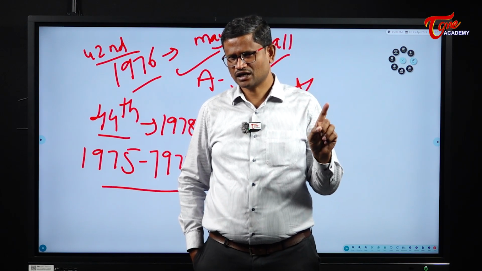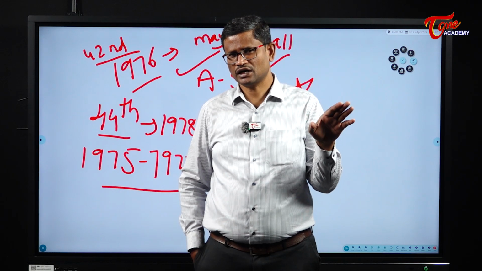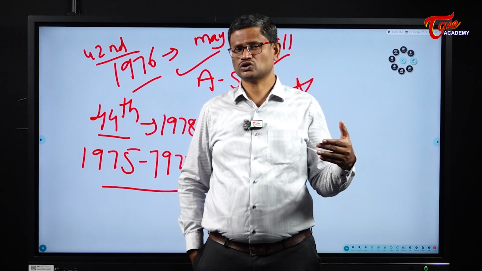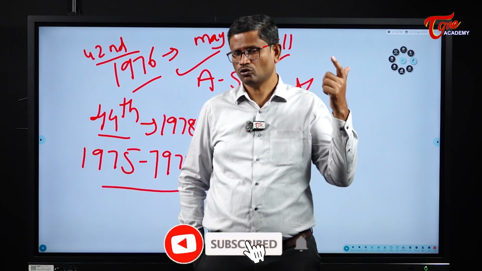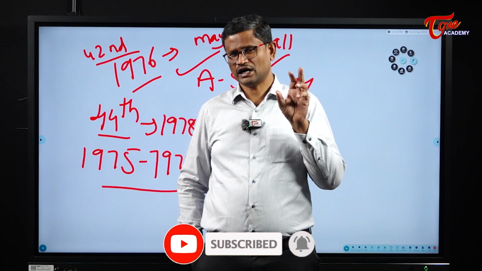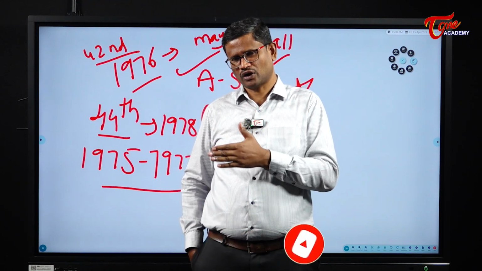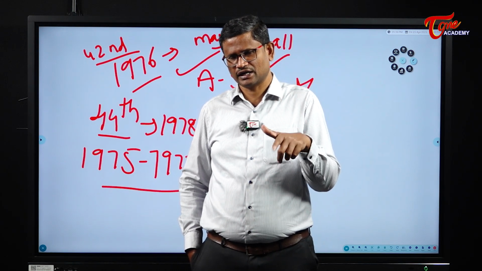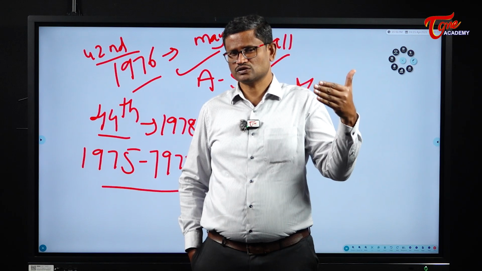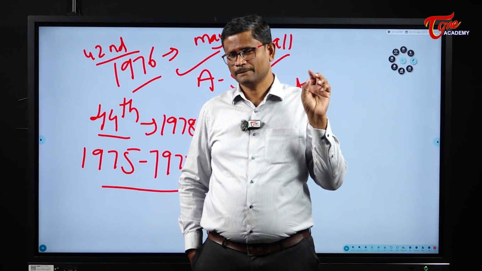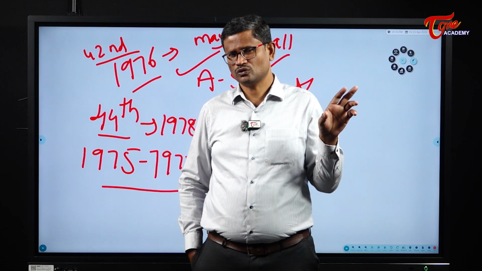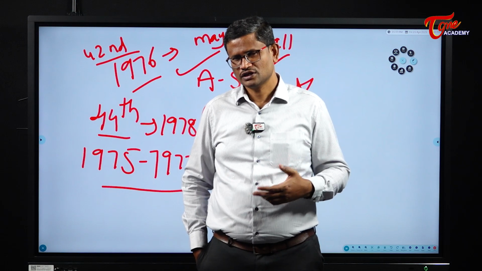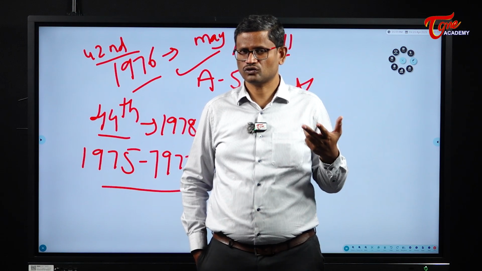As per the 42nd Amendment, the President cannot reject the advice given by the Council of Ministers. But as per the 44th Amendment of the Indian Constitution, the President can say no once to the advice. But if the advice is sent back to the Council of Ministers headed by Prime Minister for reconsideration, and if the same advice is again given to the President, then the President is bound by that advice. So this power to the Indian President to send back the advice to the Council of Ministers headed by Prime Minister for reconsideration was made possible through the 44th Amendment.